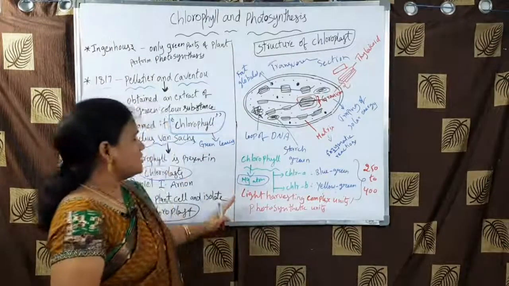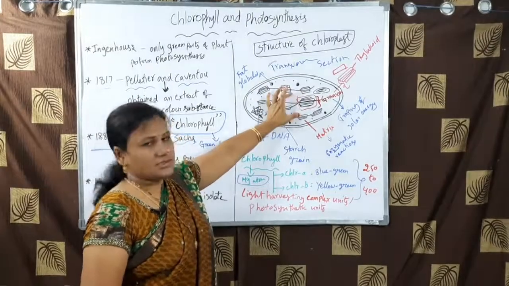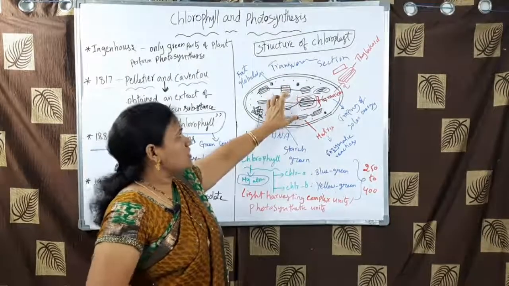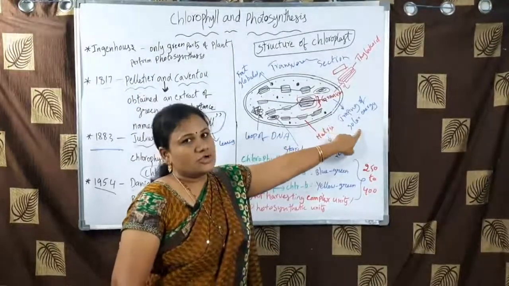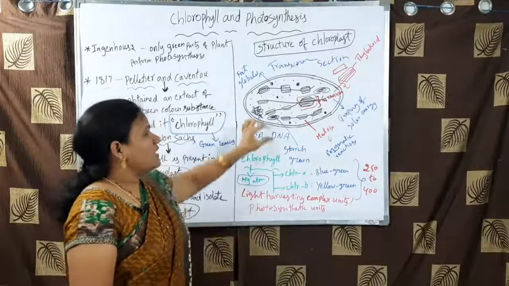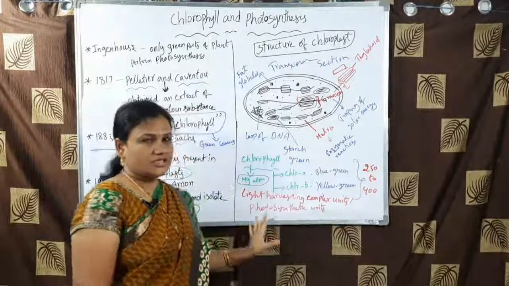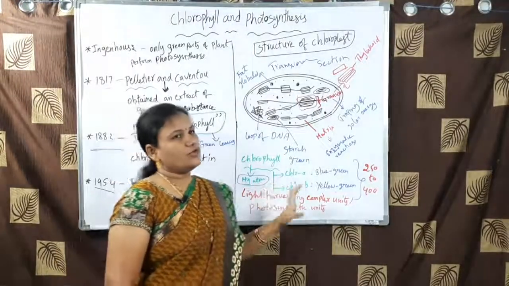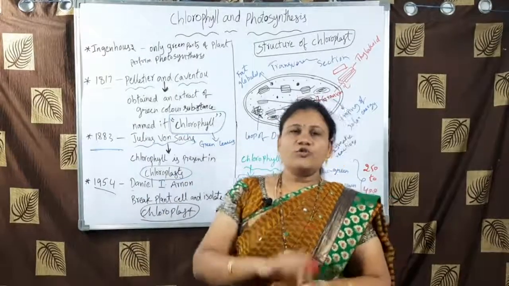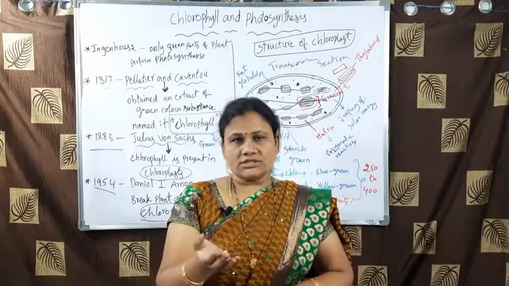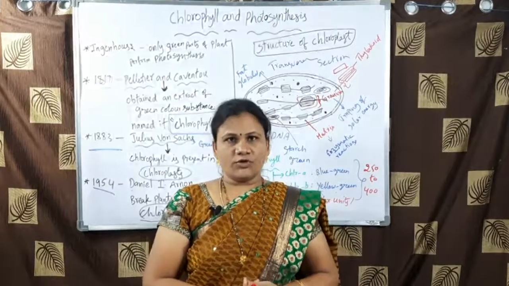So these light harvesting complex units, where will they be? Within the thylakoids, or in the granum. However, I told you granum is responsible for trapping solar energy. How? In this manner. In each granum or each thylakoid, this complete structure will be. Around 250 to 400 chlorophyll molecules together make a light harvesting complex unit or photosynthetic unit. These units are able to trap solar energy, which initiates the process of photosynthesis.